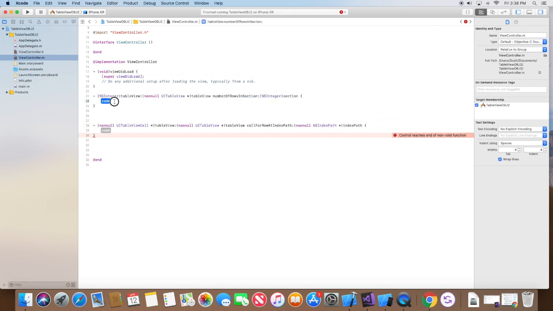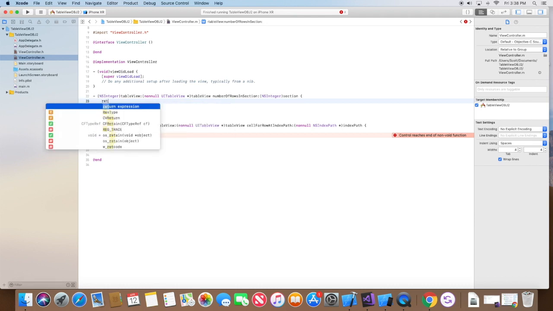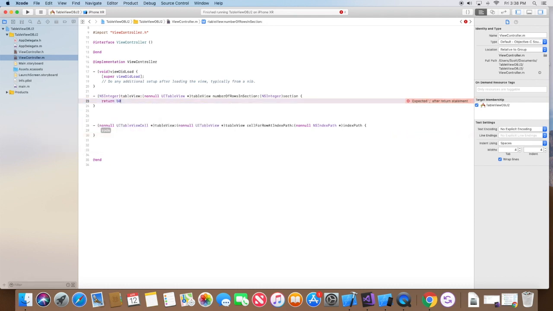Just move that there. And for the basis of this demo, I'm just going to return 50. That just means that we're only going to return 50 cells. And then from here, I am going to go ahead and code up just the text for right now. But the first thing we need to do is dequeue a UITableViewCell. So if it doesn't exist or anything like that, we are guaranteed to have a cell get returned now with